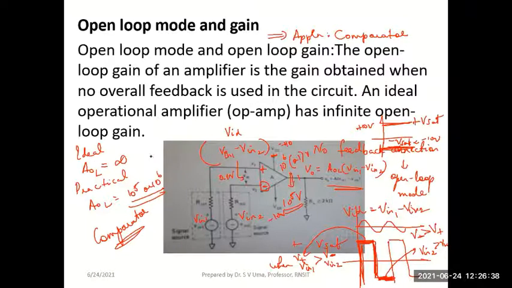And here, as I was showing you in the example that day, the op-amp can be used for comparison applications. See here, if the differential input voltage is positive, the op-amp output will be at plus VSAT. And if the differential input voltage is negative, the op-amp output is at minus VSAT. So remember, this question will surely be asked: in an open loop configuration, the op-amp can work only like a comparator. It can compare the inputs given to the two different terminals.